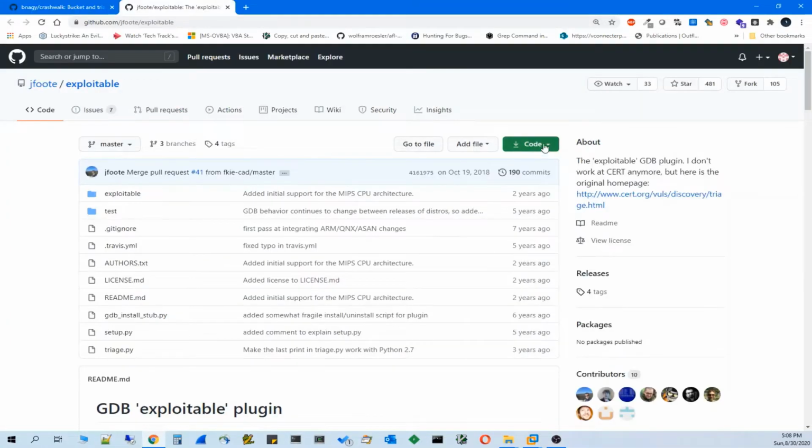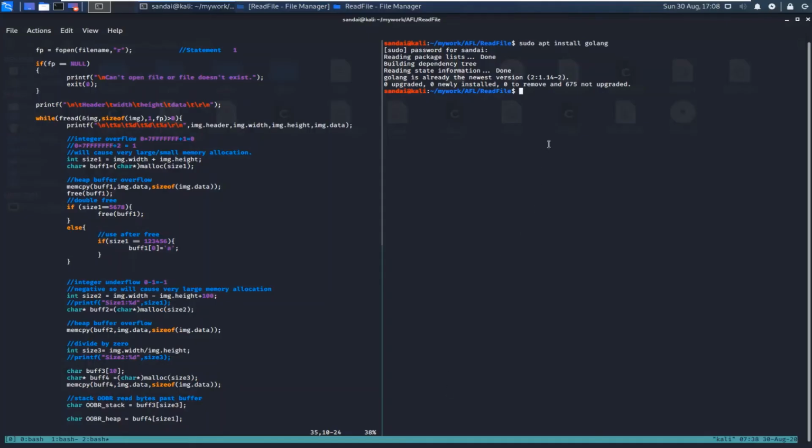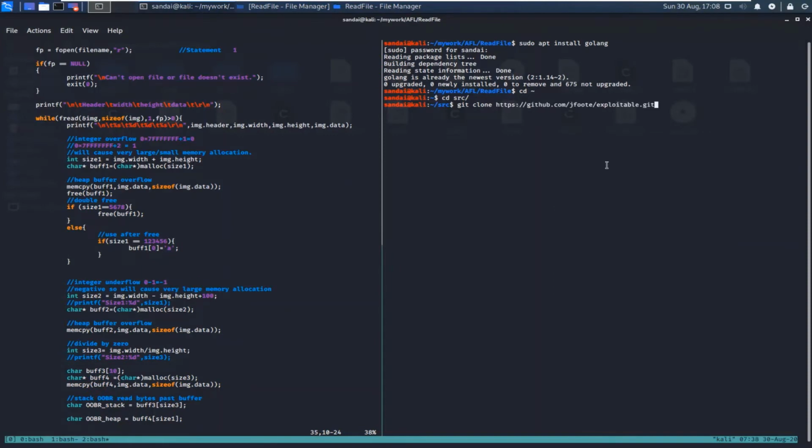So what you can do over here is that you can copy the git URL over here. You can go to your system, and as Crashwalk expects this to be at a particular location, let's go to that location. That location is your home directory. Then you need to go to src, and here you can do git clone and that URL for the exploitable.